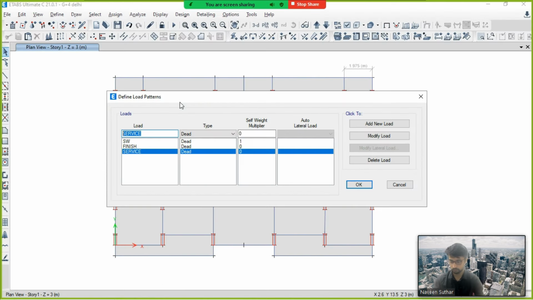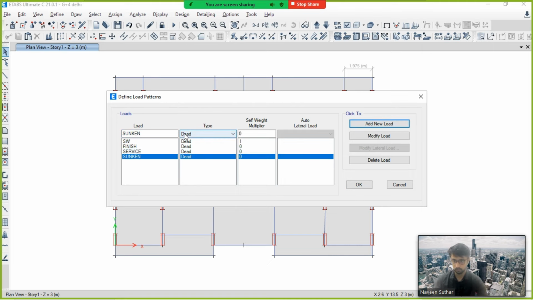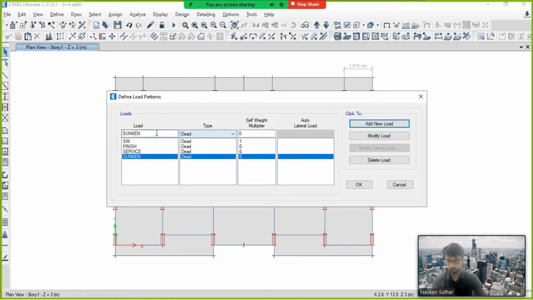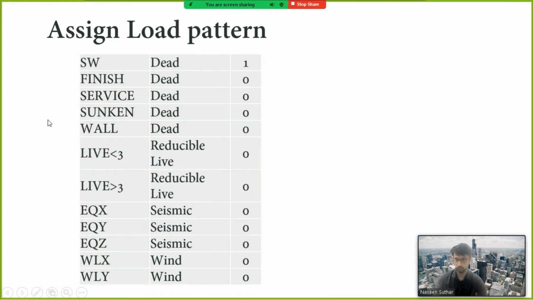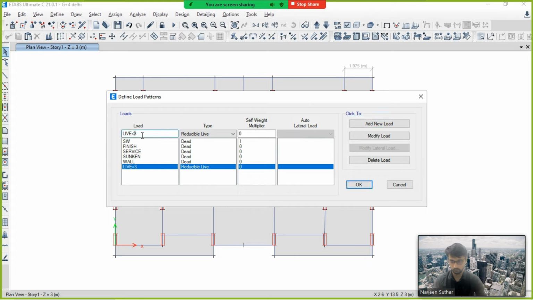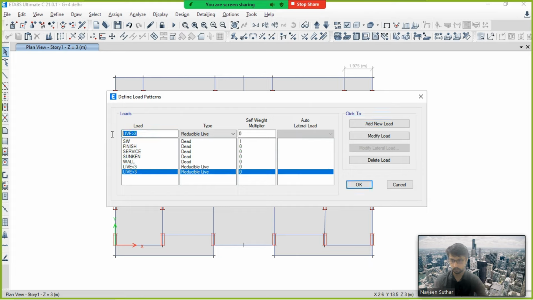finish, then sunken, then it's sunken, add a new load, and it is wall, and then it's a new. Okay, it is wall, then it is live and EQ, add entry, and take it as a reducible live, and add a new load. Then click this one and add a new load, the reducible live, then we will